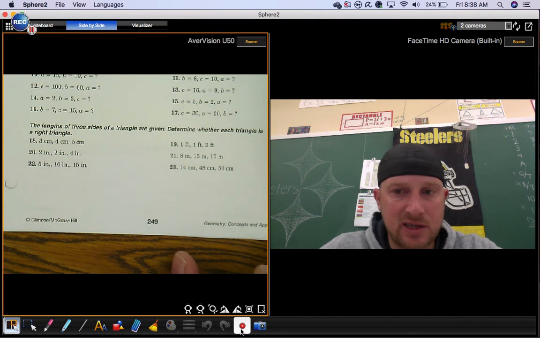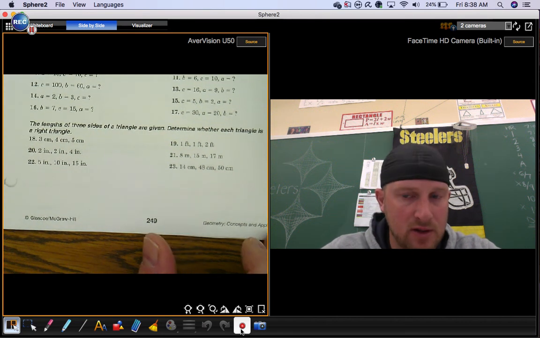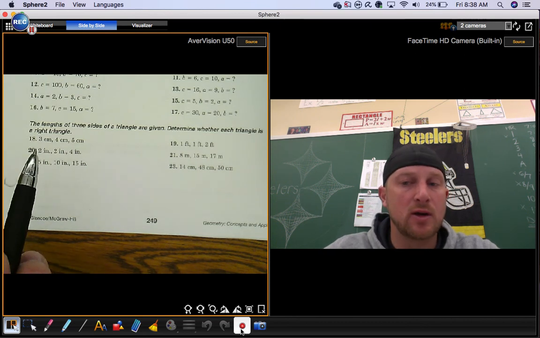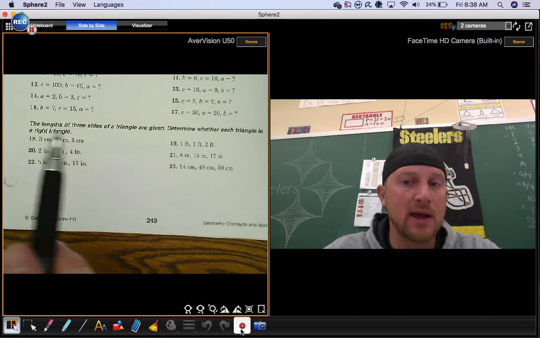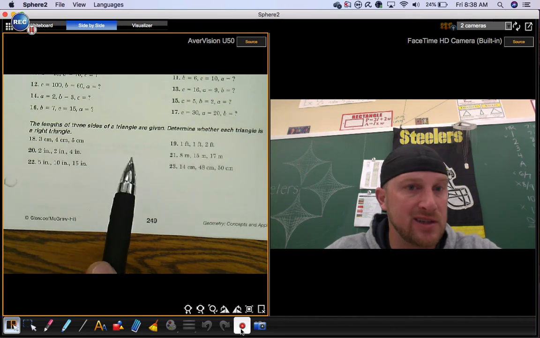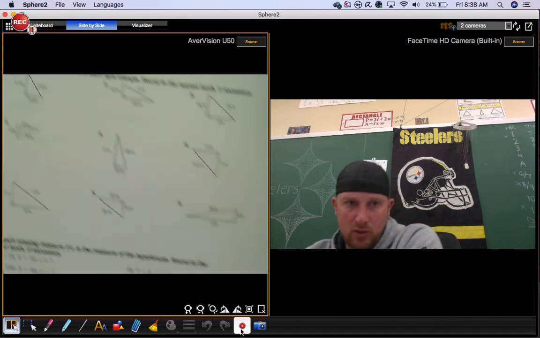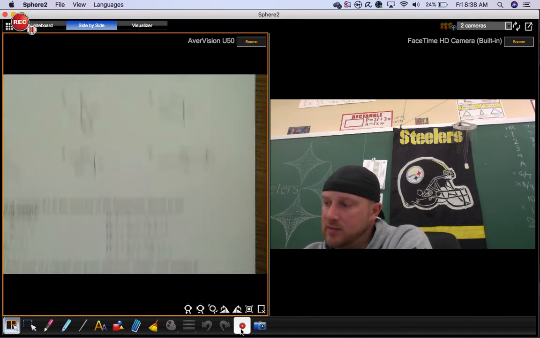For our section 6.6, we're going to look at the converse of the Pythagorean theorem. So we know that the Pythagorean theorem says a squared plus b squared equals c squared, where a and b are legs of a right triangle and c is the hypotenuse. What we need to do in this section, and this is on your skills practice for 6.6,